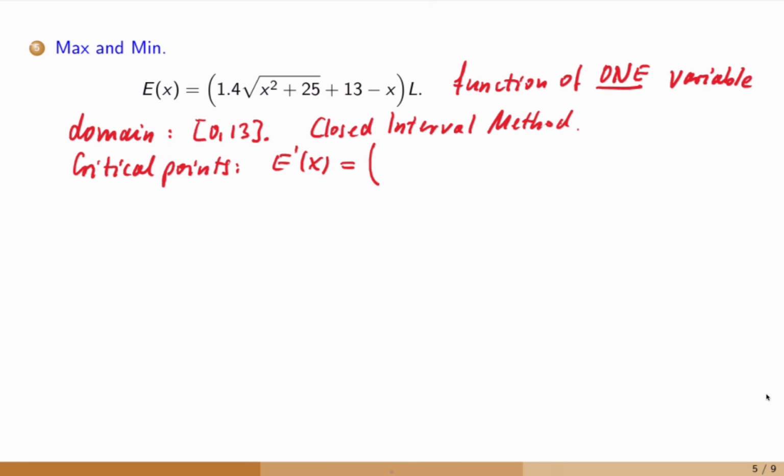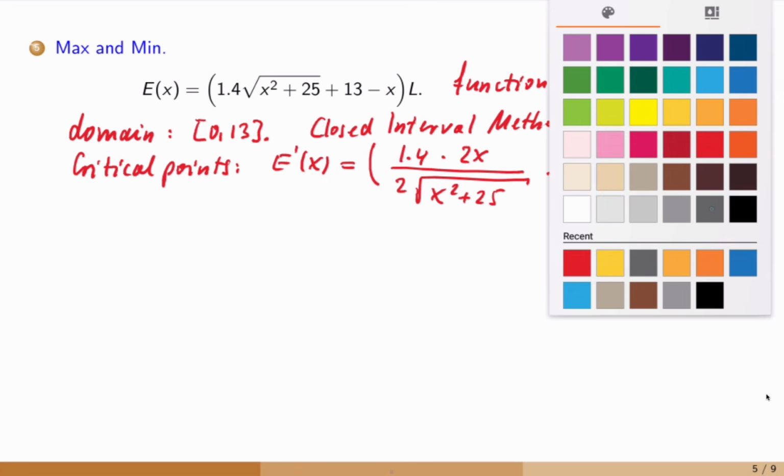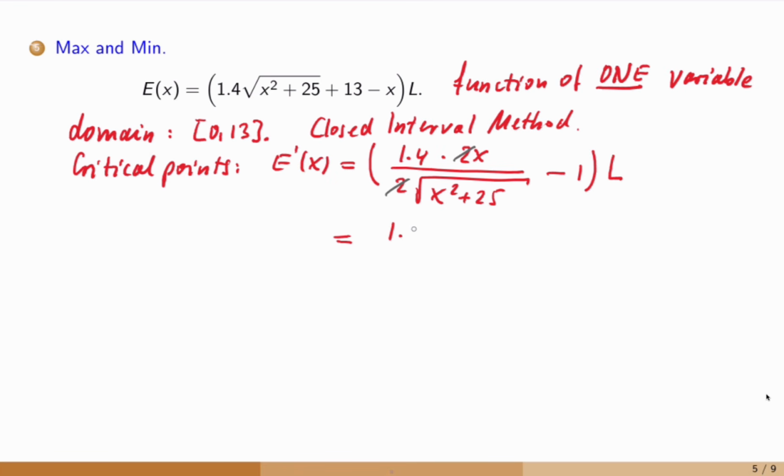So I do a long bracket, and then I have 1.4 times the derivative of the square root, which is 1 over 2 times the square root of x squared plus 25. And then by the chain rule an inner derivative, which is 2x. Then the 13 is a constant, so the derivative is 0, and x has a derivative of minus 1. I keep L as a constant factor here. So now I can cancel the 2's. So then this equals 1.4x divided by the square root of x squared plus 25, minus 1, all in brackets, times